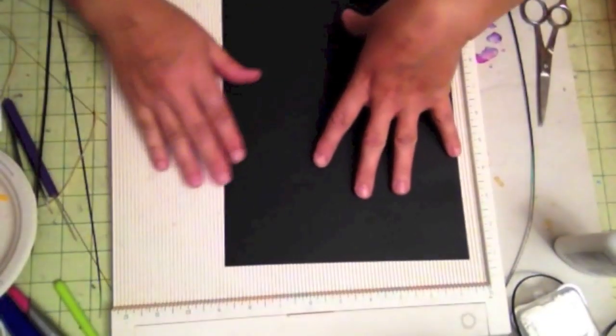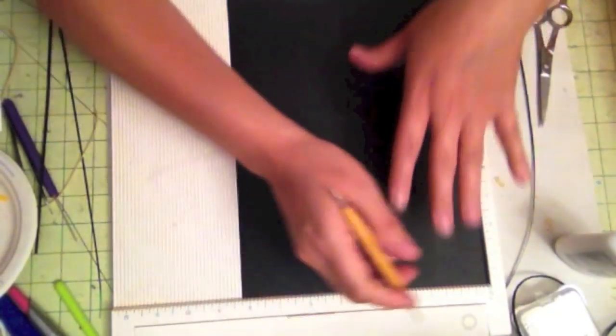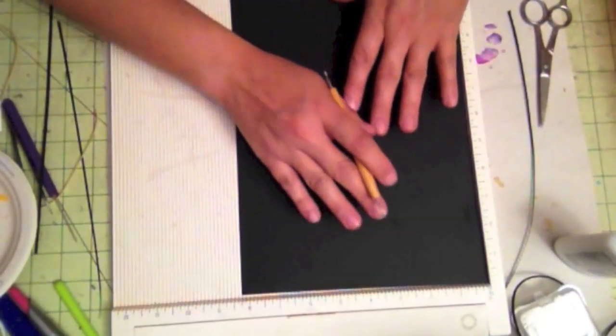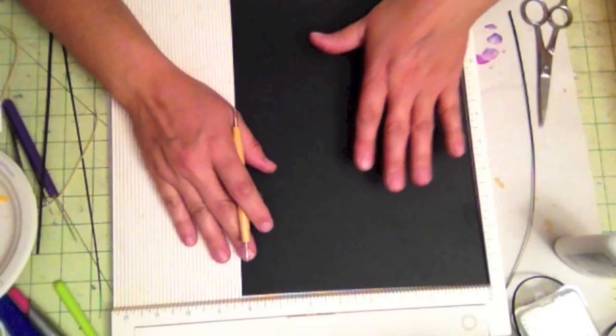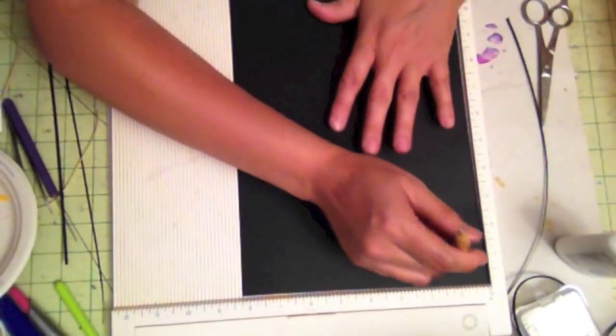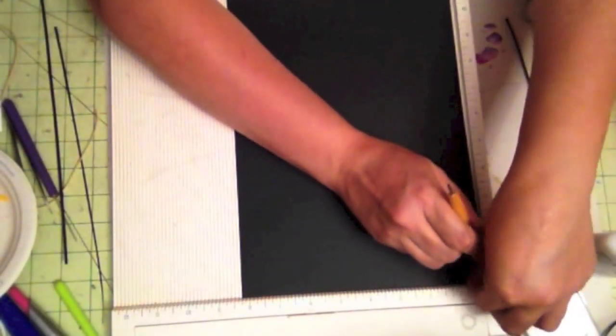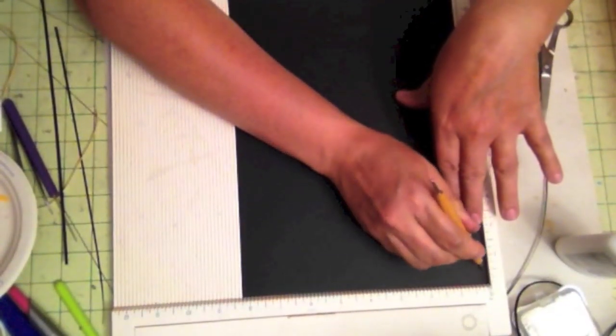So the next thing I tried, well, let me try the Martha Stewart, because I know embossing lines were 1/8 of an inch. So then I tried that. So I make sure I have it all the way squared in. And I will do it, let's see, so I have it squared in. And then I will go ahead and mark